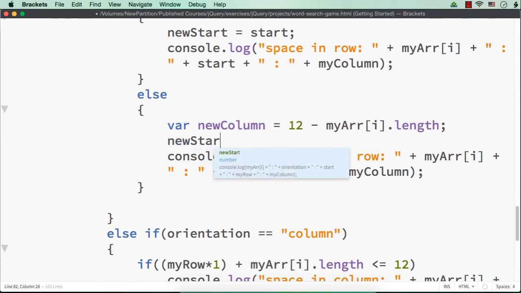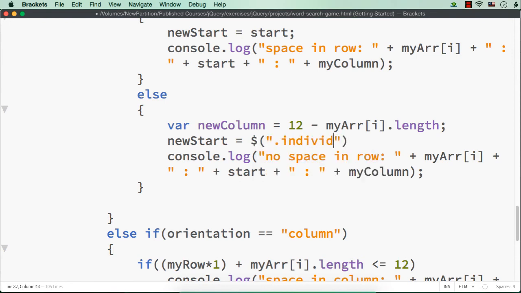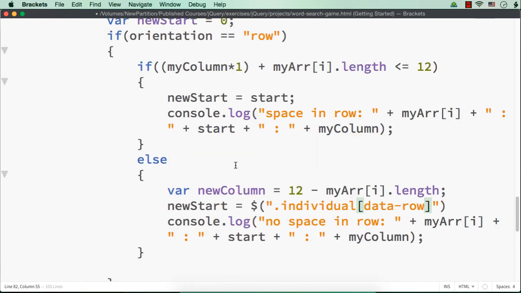So new start, how can we get that? I can specify $.individual of data row is, and we don't have to make any changes to the row number, right? In that particular row itself we can display the word, but the column number should be modified. So data row equals, I need to specify the row number here.